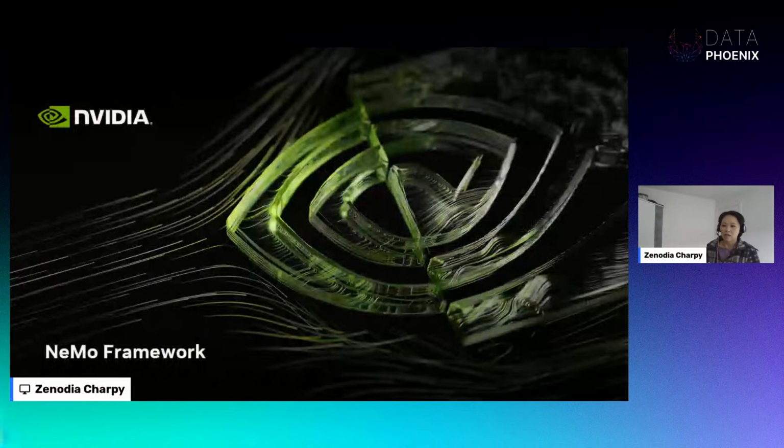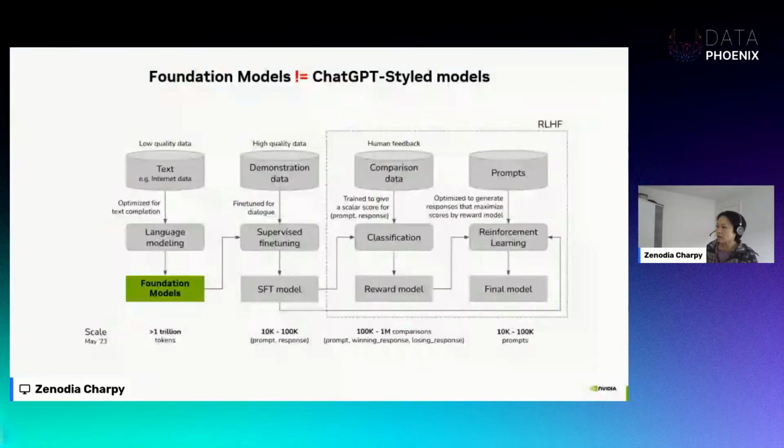Now, if you say you have come to the conclusion that you would like to train your own foundation models, the NeMo framework is an SDK, right?